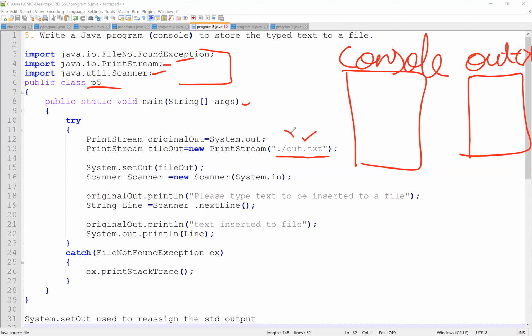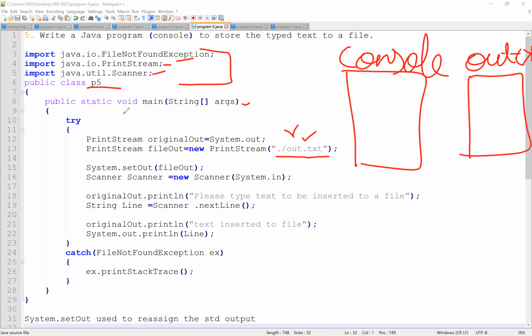Here you can give the path of the file where you are supposed to store it, like we did in the previous class, for example C:\desktop. You can create your own directory, and in that you can create a text file. First we need to specify the location where you have your text file.